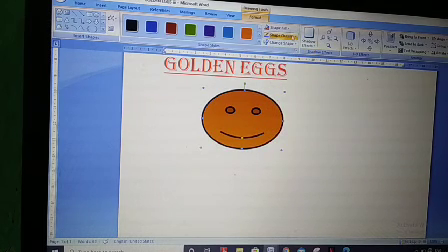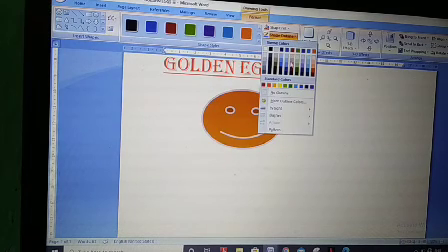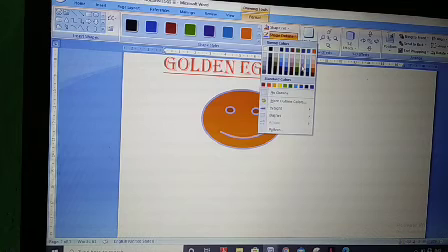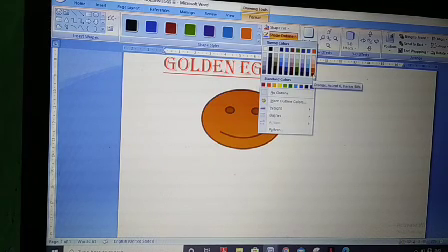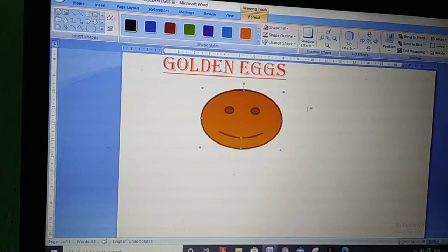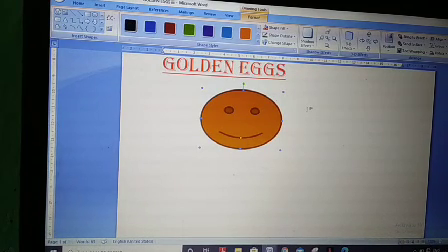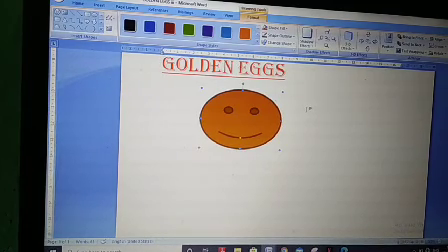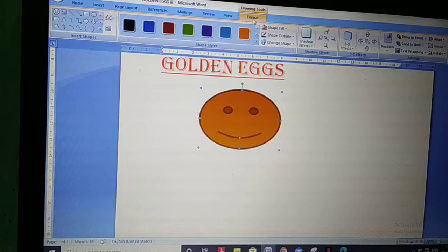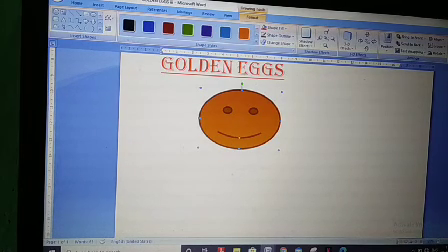Then the outline color, whichever you like. Whichever color you want can be chosen. Clear? This way we can format a shape. This is the format tab, and these are the options.